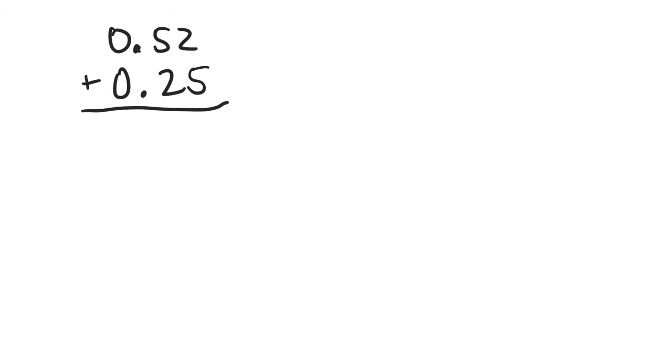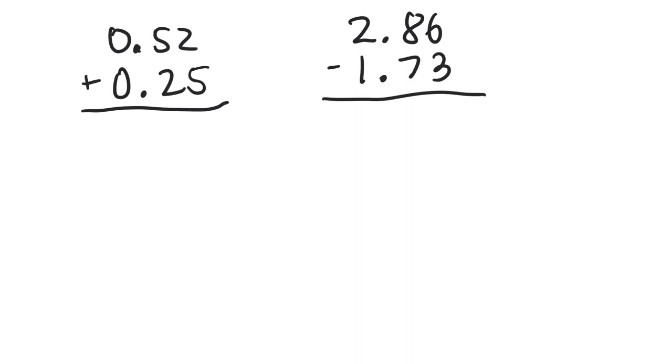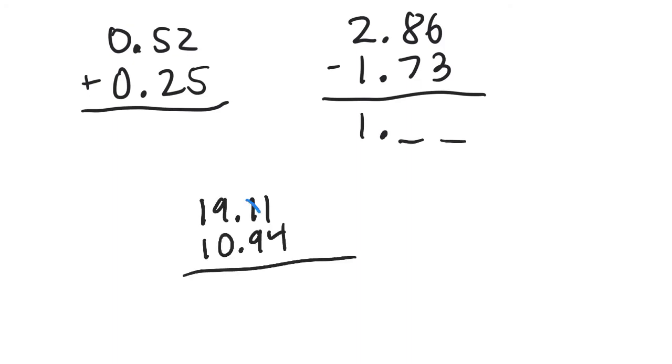In subtraction, same idea. Make sure everything is lined up, and then you can just subtract 6 minus 3, 3 hundredths, 8 minus 7, 2 minus 1. Very straight and simple. Your answer is going to be 1 point something. I'll let you figure the rest of that out. The other one, not as simple, but we can make a trade. And here we can make a trade. 1 whole becomes 10 tenths, and the rest should be okay, but don't forget the decimal point stays there. So the answer